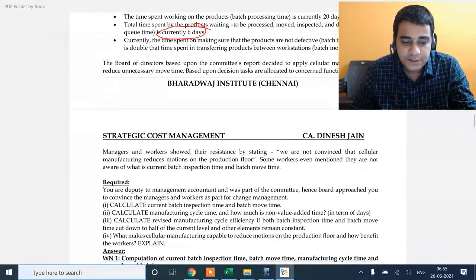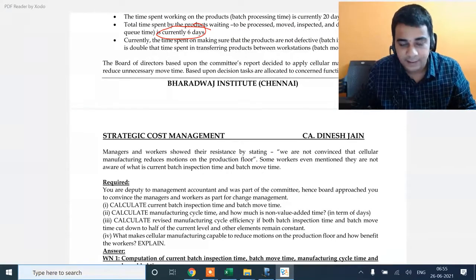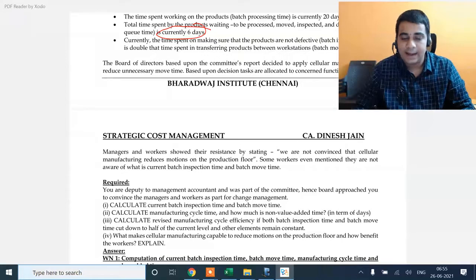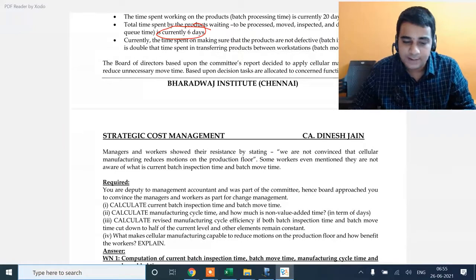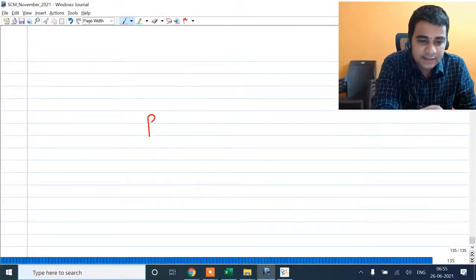Revised cycle efficiency if inspection and movement is cut down to half of the current level. So they are saying inspection and movement will become half of the current time. Can you calculate MCE? Calculate revised MCE if both inspection and movement time is cut down to half of the current level and other things remain constant. So revised MCE is equal to